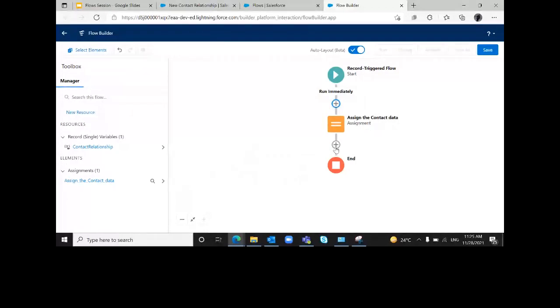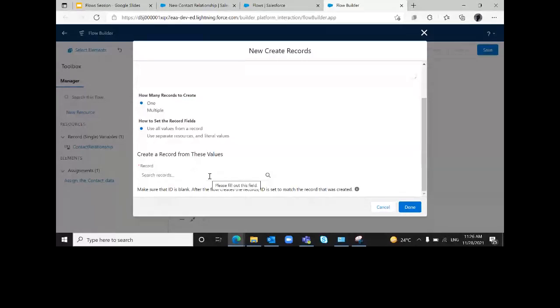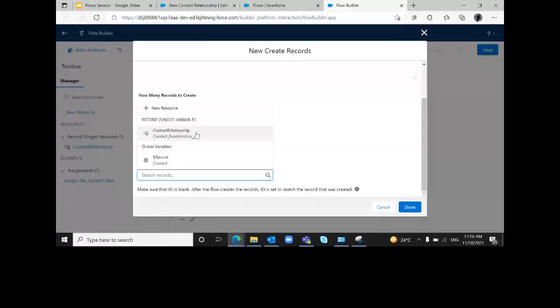Now I have to create a new record. The name of it is contact relationship data. Now it is making it much easier. We just have to select the record which we have created earlier. The record name is attached here.